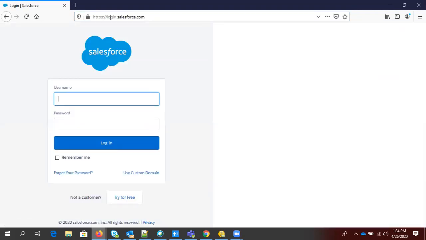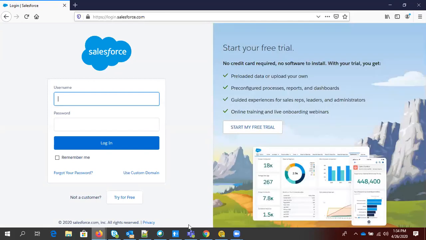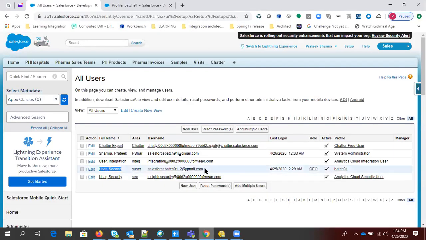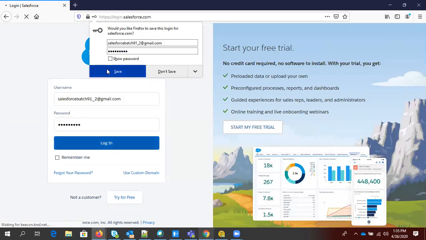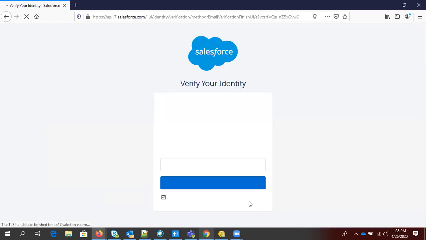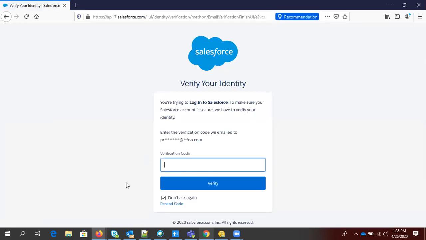What is the username for the second user? This is the username. And the password is the same, test@1234. Verify code. Okay.